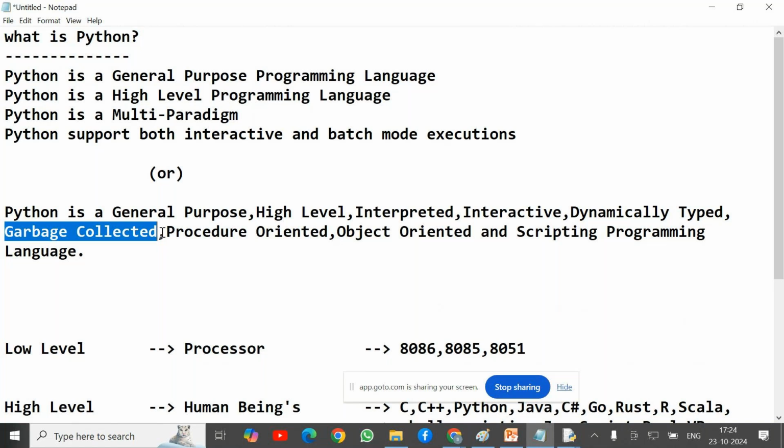Okay, this is the Python definition. Python is a general purpose, high level, interpreted, interactive, dynamically typed, garbage collected, procedure oriented, object oriented, and scripting programming language. If anybody has any doubt